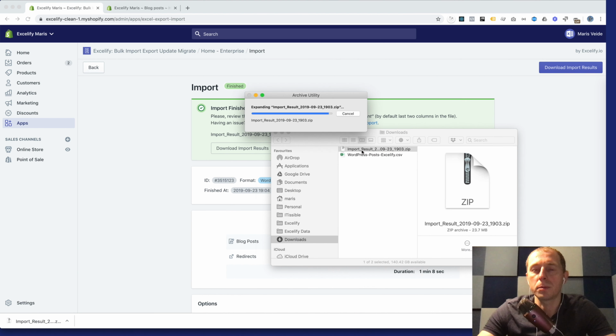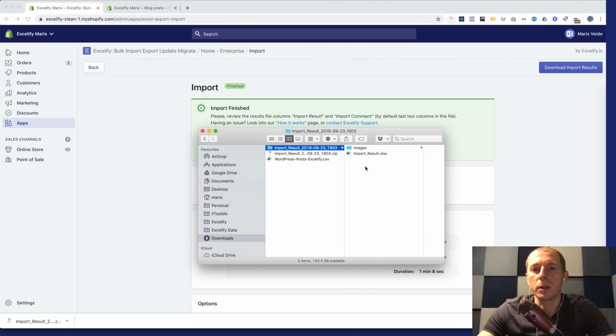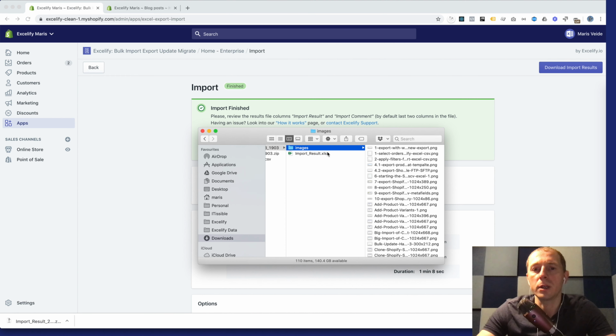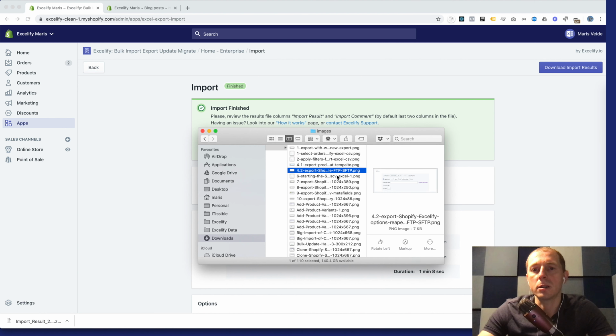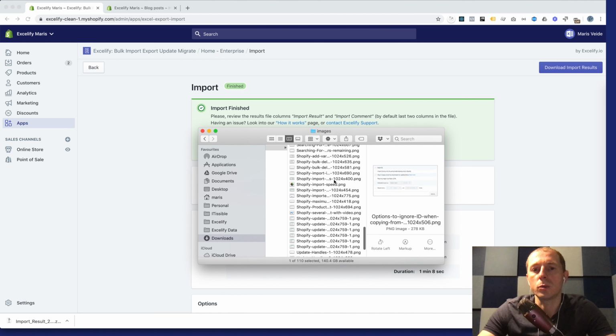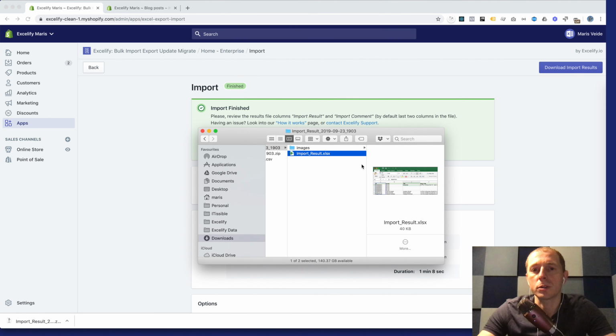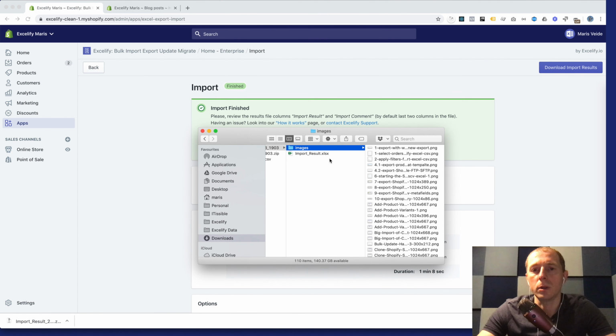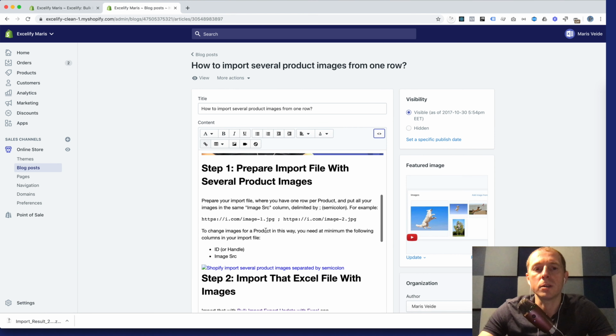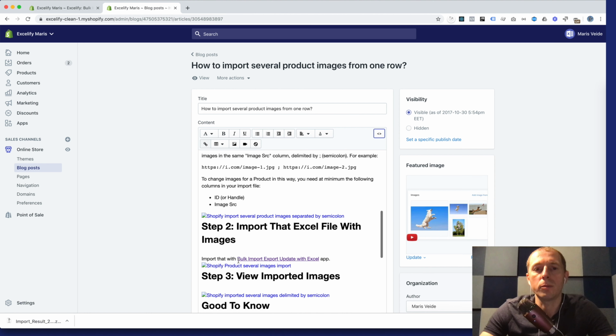So we unzip this file, and inside the zip file you will have a folder, images, and you see that here are all the images which exist in those blog posts. And of course there is the import results file, which we will look at a bit later. So to solve this broken image problem,